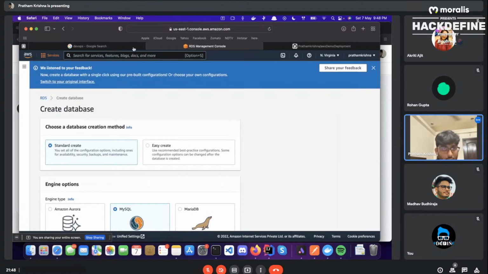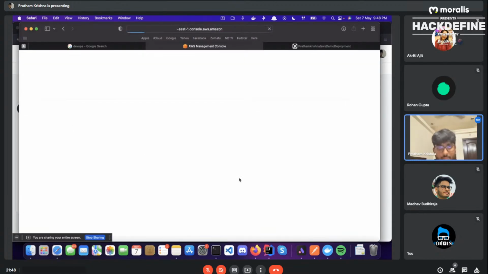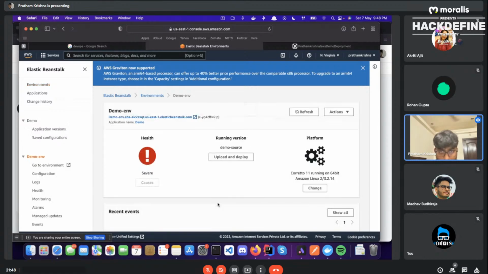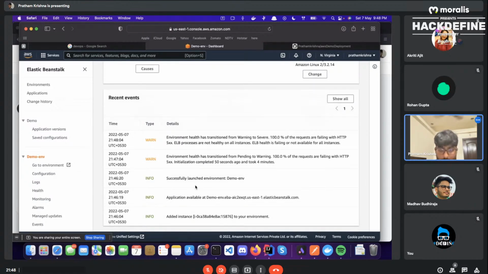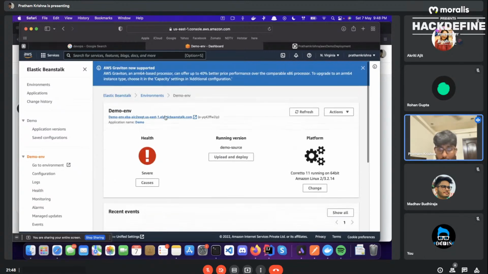So we're going back to Elastic Beanstalk. It's not going to work out, because we'll not be able to access this endpoint since the health of the instance is bad. This has been the case for a while now. I have reported it to AWS, and it's never really worked out well. So we'll not be able to access the endpoint right now. But you could run your Node.js application, your Java application, and do a couple of things. Basically, this is a platform as a service and not infrastructure as a service. So that is about AWS services.